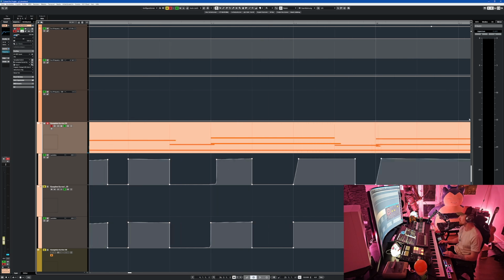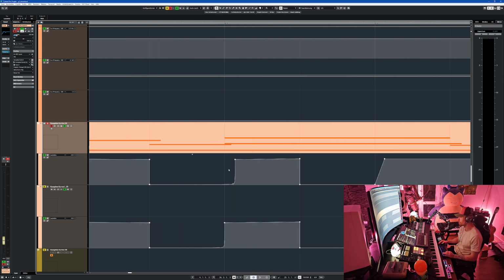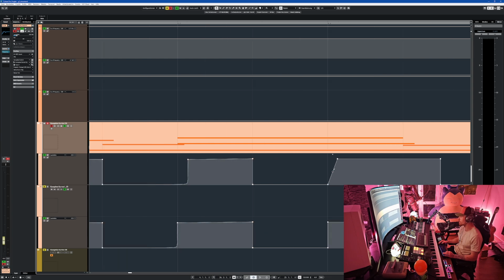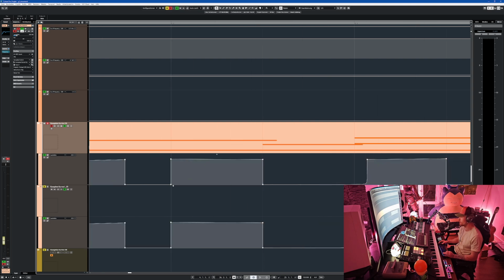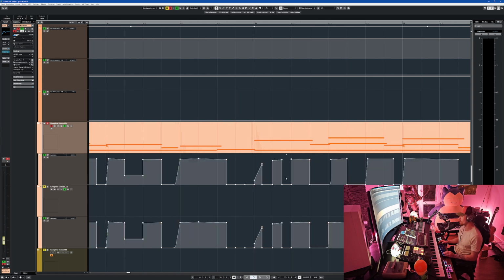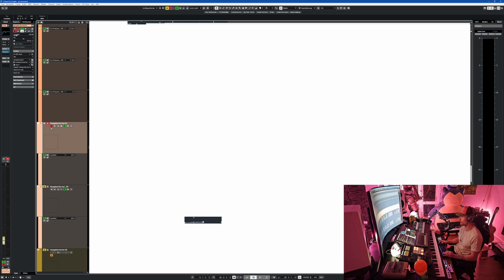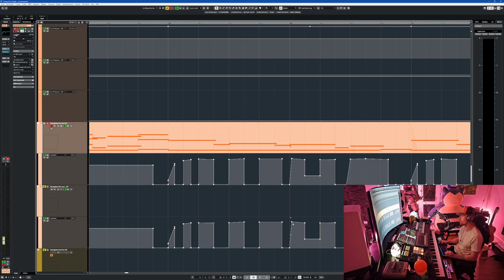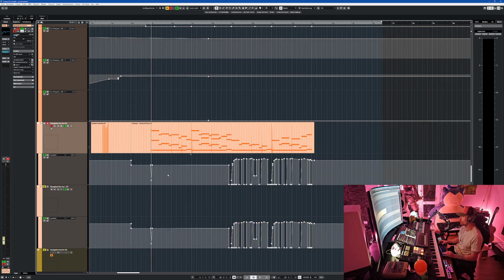What I did here, at some points, they didn't join. So as you can see here, the volume automation looks a little bit different to here. And over here, it starts on click. It always depends on what's happening in the background. What are the other instruments doing? So it's not always super simple. You go in, you go out, you go in and you out. You always have to, I don't know, keep an eye on what's happening in the background.